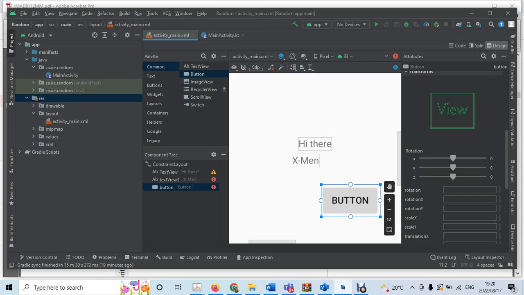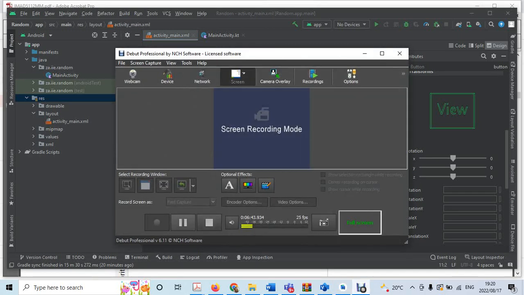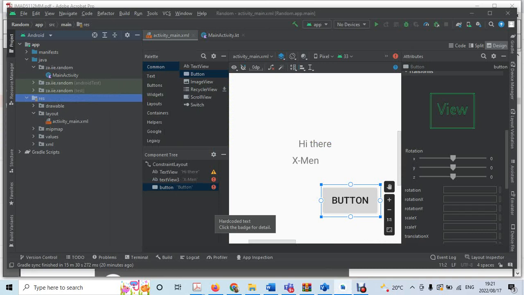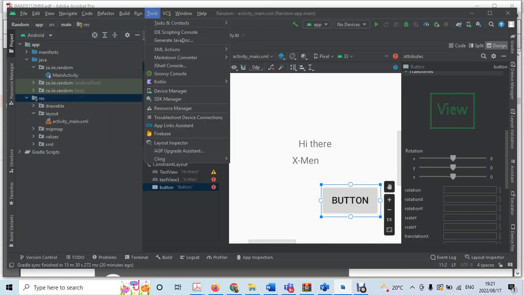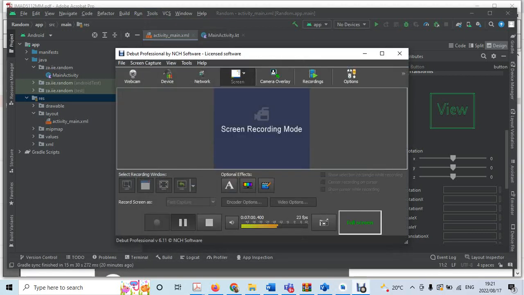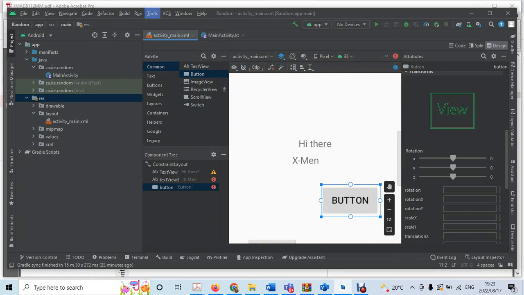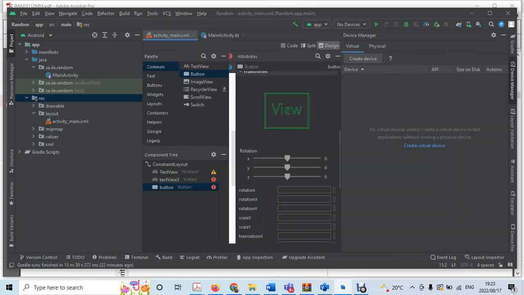So now I'm going to talk you guys through how it is that you would create an emulator. I should very well say how to run the app in an emulator. So we're going to go to Tools, and you'll notice that it has changed a bit. So Tools, Device Manager, Create Device, and you'll be under Virtual over here because we are creating a virtual device. So Create Device,